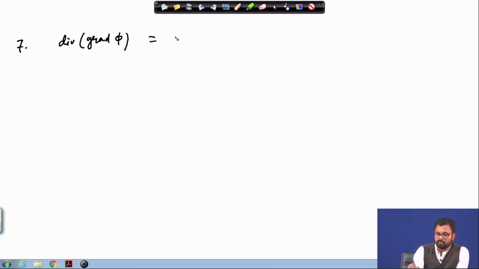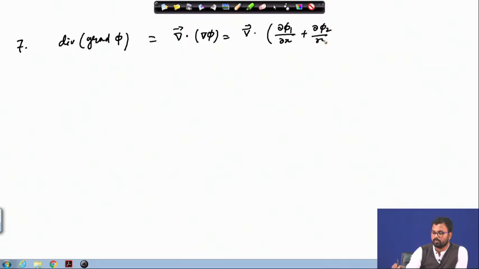That means we have divergence of gradient of phi, which is del phi by del x i plus del phi by del y j plus del phi by del z k, and when you take this divergence, it will become del square phi by del x square,